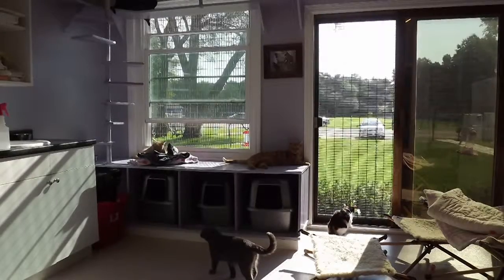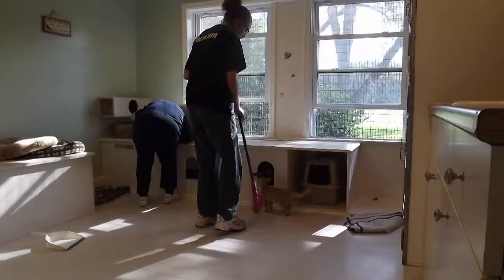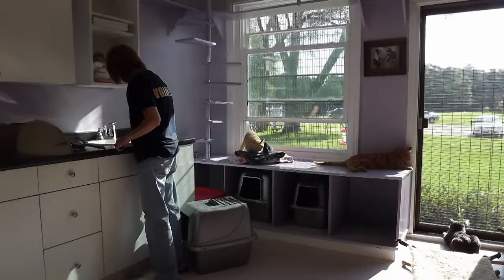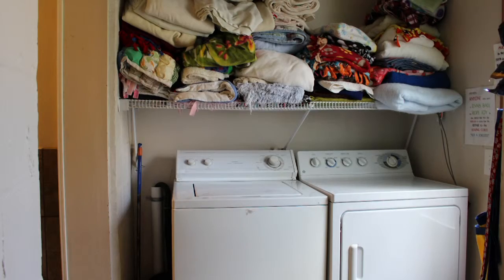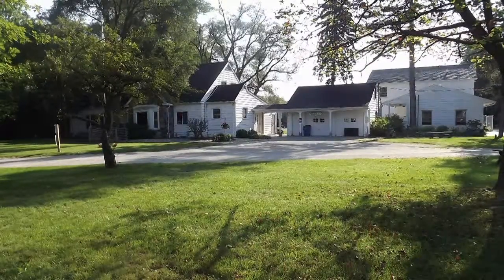Without their healthy staff of volunteers and foster parents, Adopt a Pet simply wouldn't exist. Volunteers of all types are appreciated and welcome with open arms here at Adopt a Pet. They rely on their volunteers to care for their interchanging animals and are always in constant need of help. If you are interested in volunteering your time well spent to this rewarding shelter, please email them on their website at